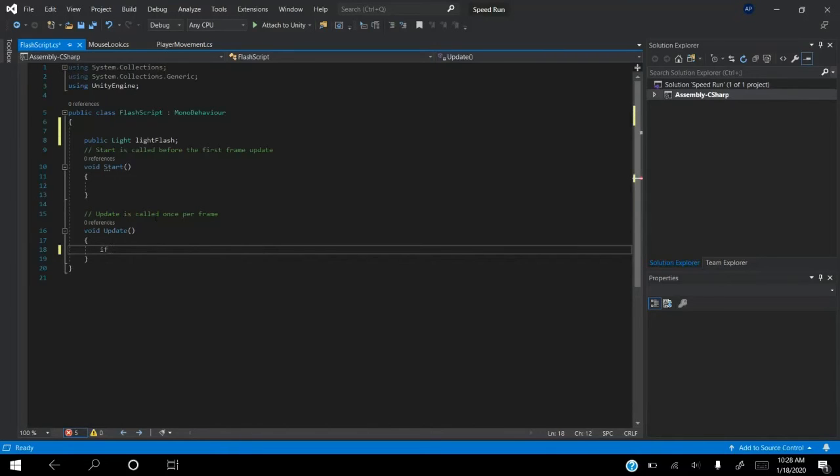So if we say if, you're going to put parentheses like that, and then you're going to do curly brackets like that. Unity auto completes those two things. After you press the first one, it's going to auto complete the parentheses and the curly brackets. Then you're going to press enter, and now it's going to give you your function. This is what it should look like. A function is basically the void update, and if is going to make an if function like that anytime there's curly brackets. So now we need to say if